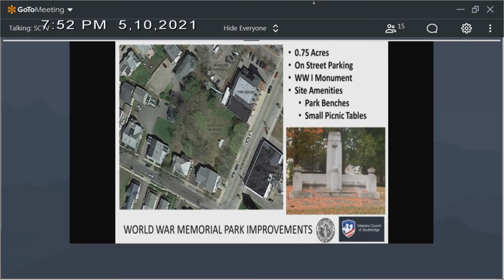The centerpiece of this park, well, first of all, most everybody here is familiar, but World War Memorial Park faces Elm Street. It's across from the town hall. The firehouse is on the...